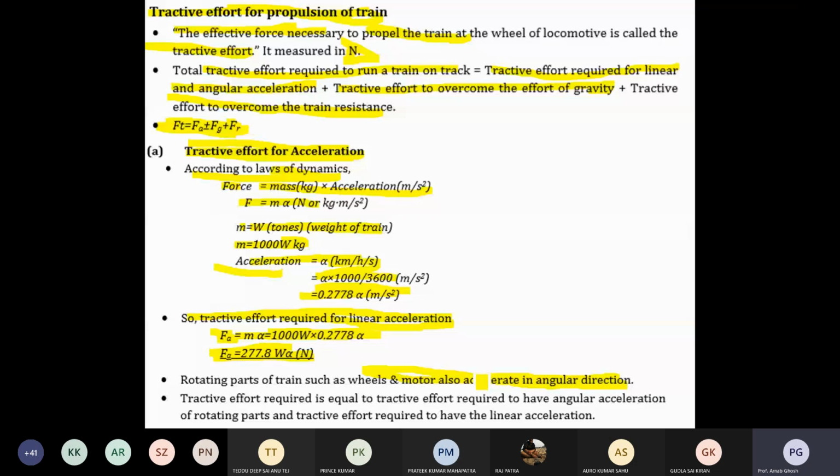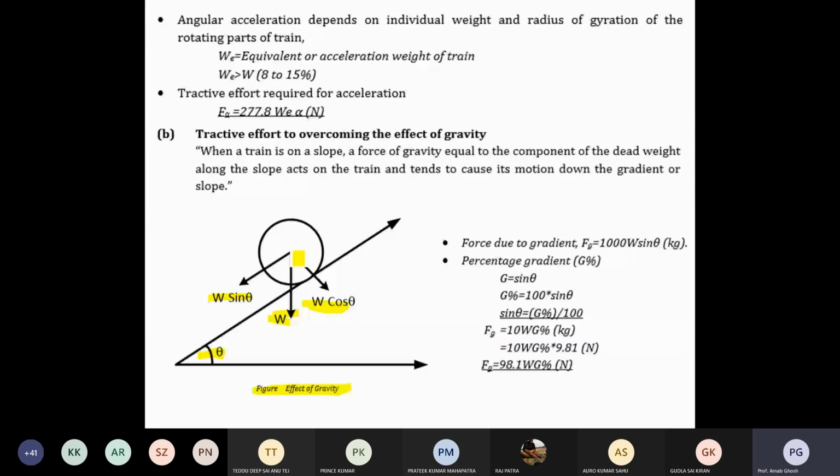So your force is W sin theta, and now there is the normal component. That is the tension, countering your normal component. How much is the value? The value is W cos theta. So what is the value?